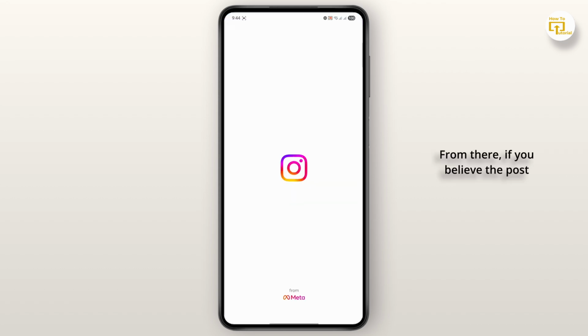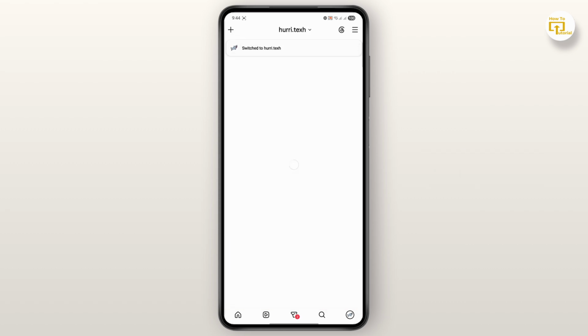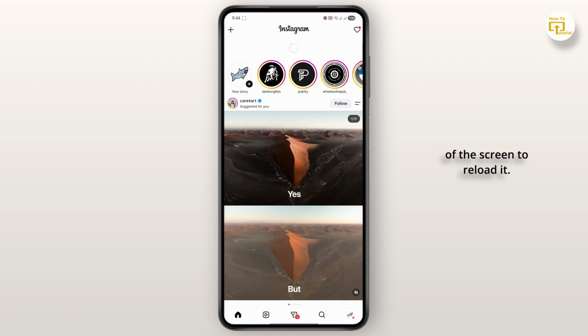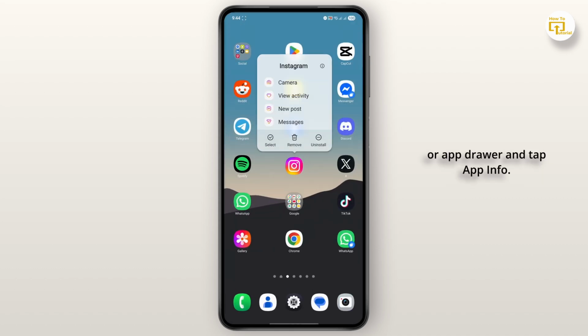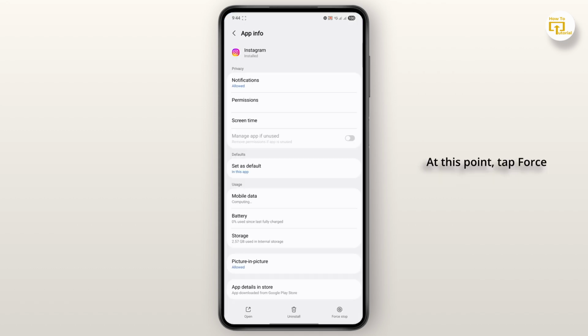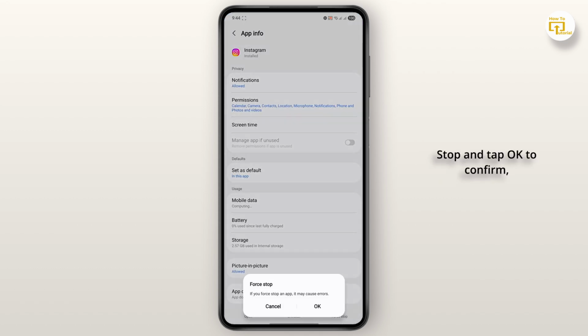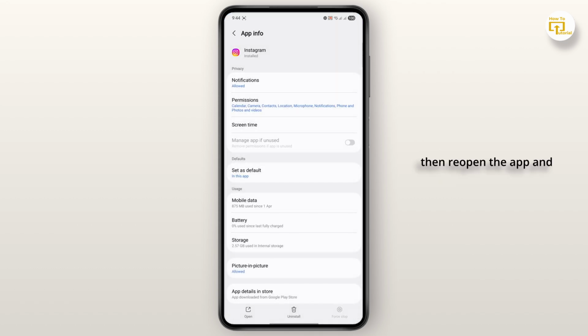From there, if you believe the post should still be available, the first thing to try is refreshing your feed by pulling down from the top of the screen to reload it. After that, if that doesn't work, long press the Instagram icon from your home screen or app drawer and tap App Info. At this point, tap Force Stop and tap OK to confirm, then reopen the app and try accessing